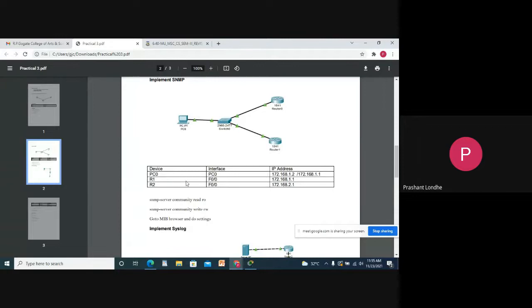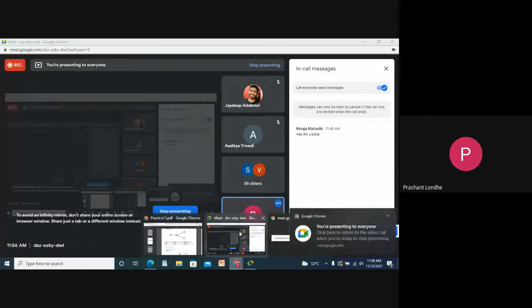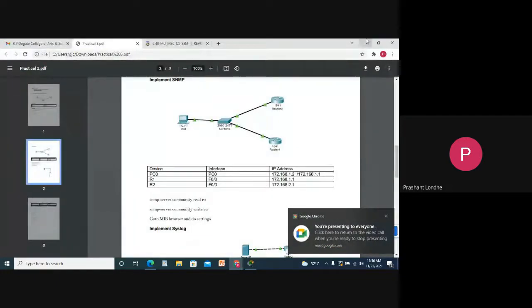For PC0, the IP address is 172.168.1.2 and the default gateway is 1.1. So let us set accordingly.